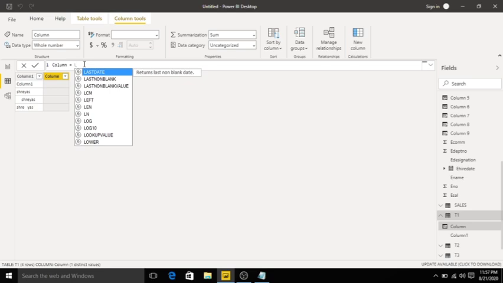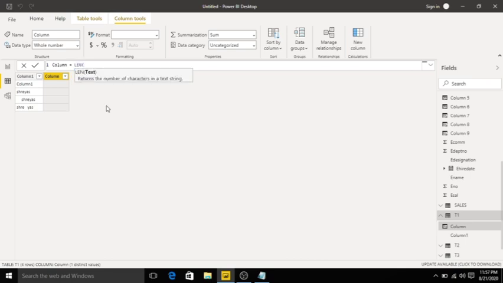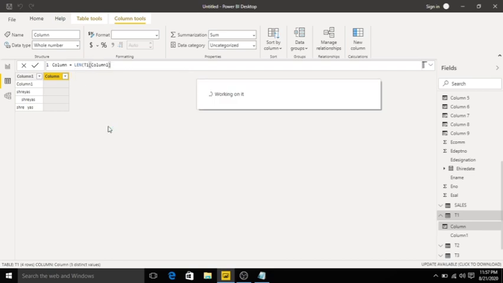Length of table 1 of column 1. I will provide it. Click enter. See Shreyas 7, like 12, 10.